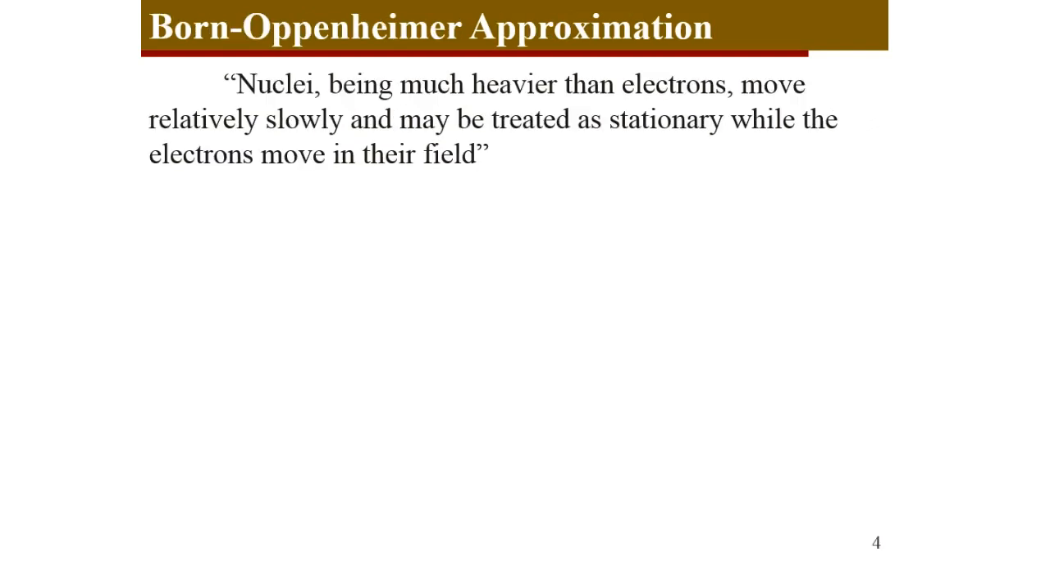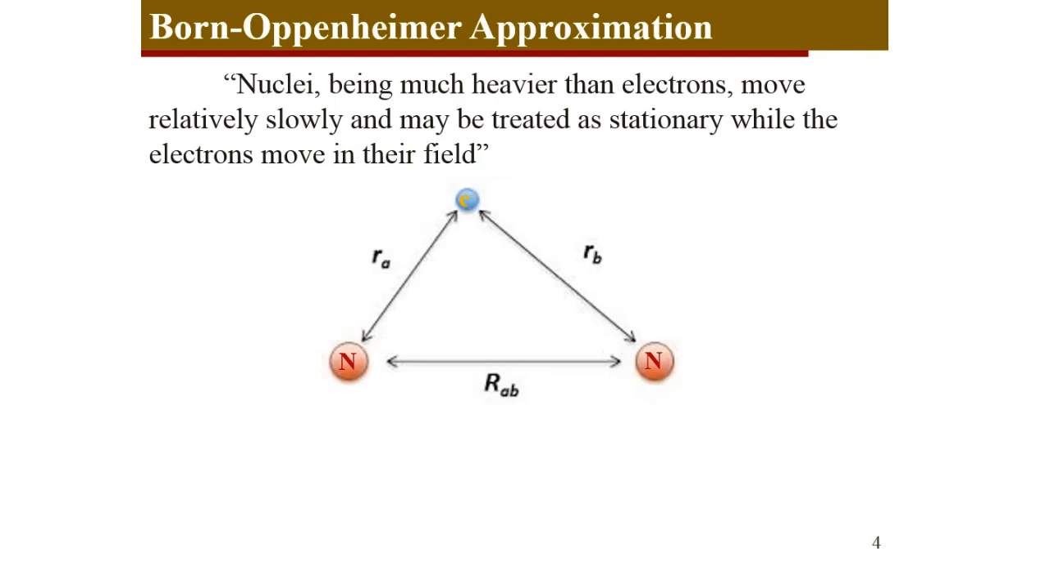One of the approximations required as a fundamental for chemical bonding is the Born-Oppenheimer approximation, which states that nuclei, being heavier particles, much heavier than electrons, move very slowly with respect to the movement of electrons. That is why nuclei are assumed to be stationary and only electrons are moving in their field. For example, in this case of two nuclei and one electron, equivalent to the hydrogen molecule ion scenario, the distance between the two nuclei